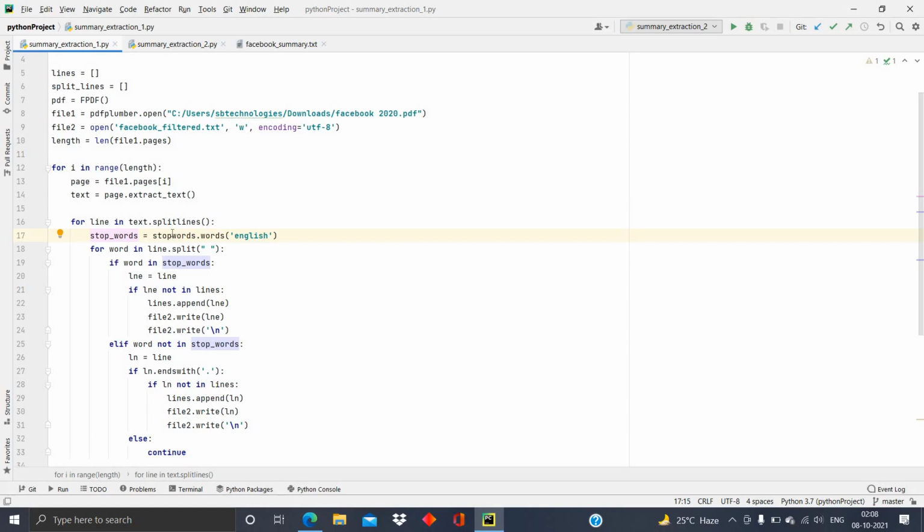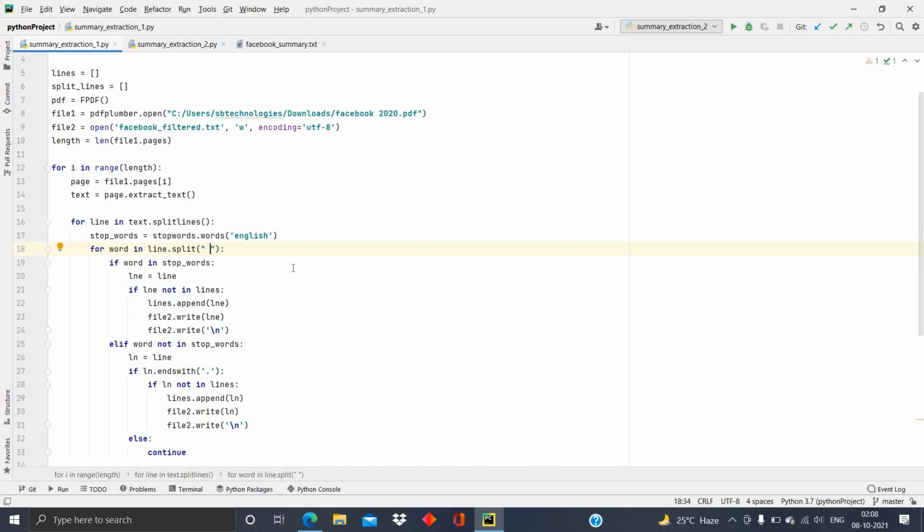First of all, I am going to initiate stop words from NLTK. I am using stop words dot words, and I'm using the language English. Then, to find whether stop words are present in a particular line or not, I am going to split each line into words by using a space separator.